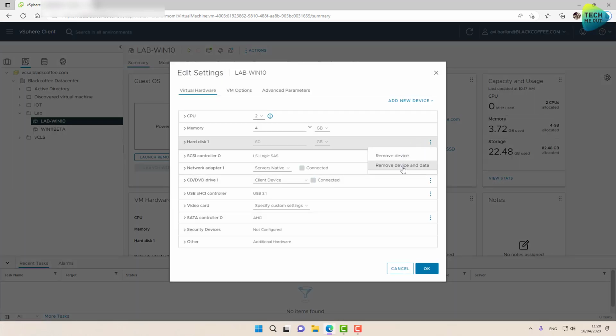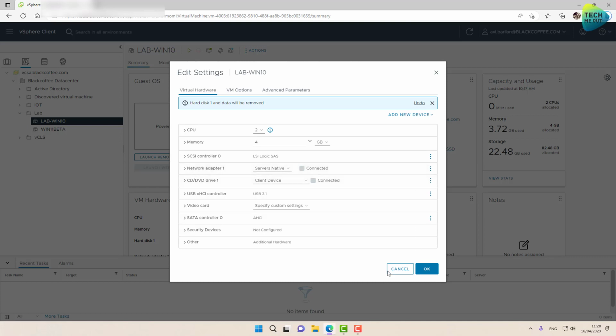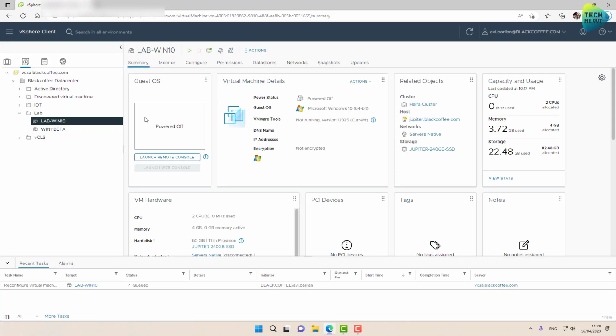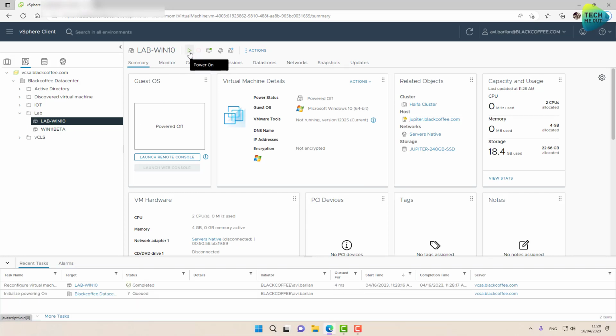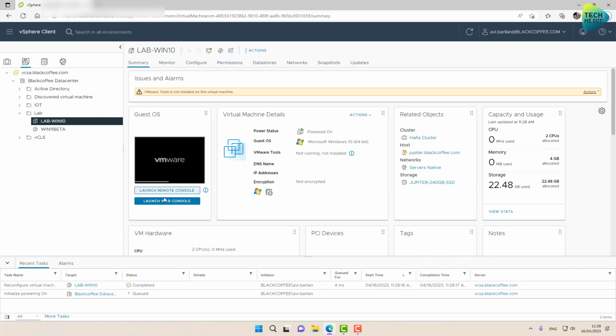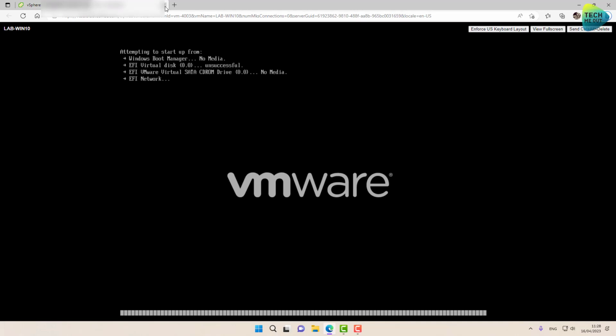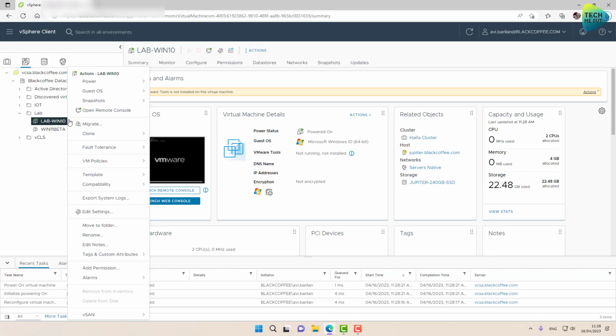Let's click Remove Device and Data and click OK. Now, just to verify, if I power on this virtual machine right now, it doesn't load. Windows doesn't load. It doesn't have an operating system. So let's turn off this computer